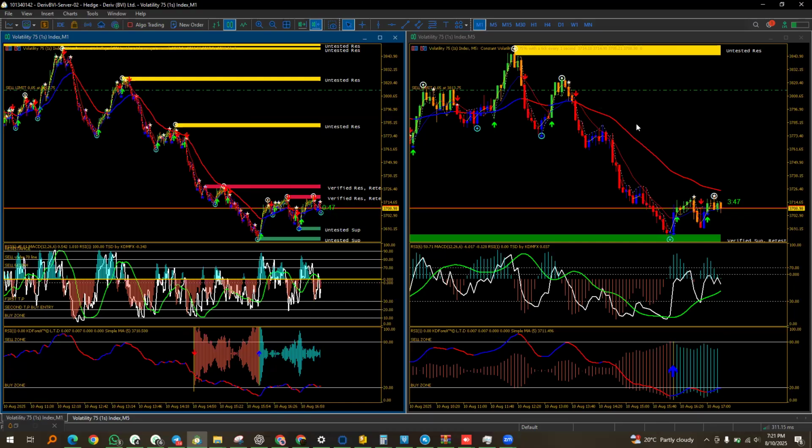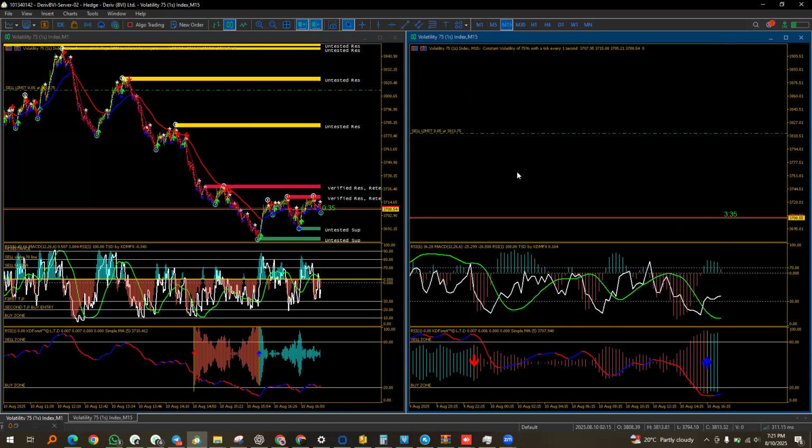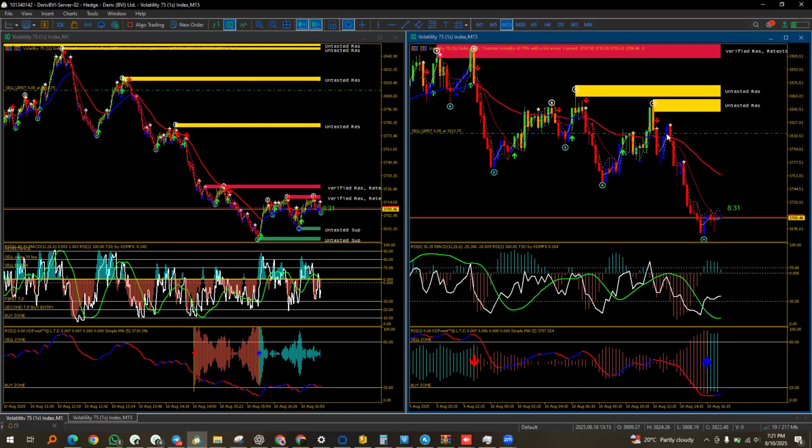So now, like I'm explaining, let me focus on the 15 and the 1 minute, between 15 and 1 minute. On the 15, you see what's there. On the 15, we can see that the signal is given, and the signal has always been a sell. There's a minor retracement from this point to that point, but still the market has bearish power.